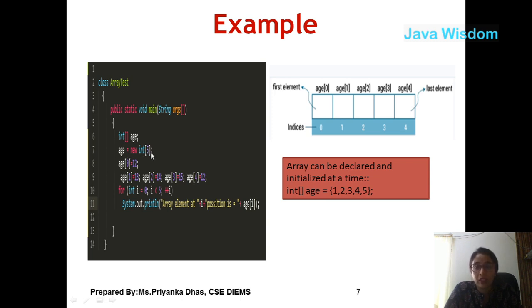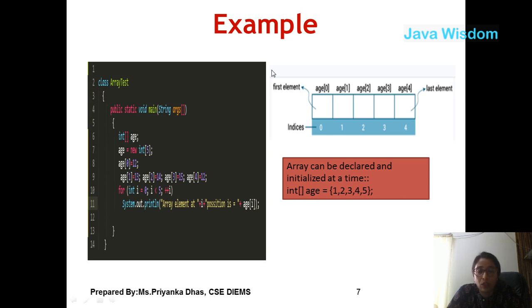On execution of this code, you just focus on this image given on the right side. This type of contiguous memory will get allocated to the array. Contiguous means you can see they have indexing 0, 1, 2, 3, 4. Array indexing always starts with 0. Its first element has the 0th index, the second element has the first index, and so on. So this is the way you get memory allocation in a contiguous manner in an array.